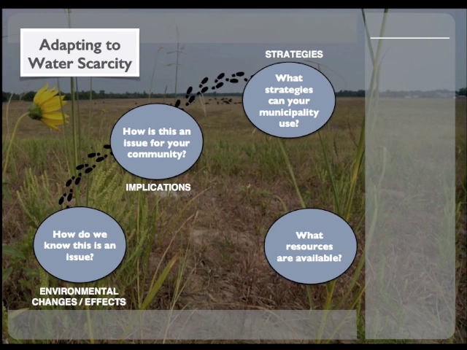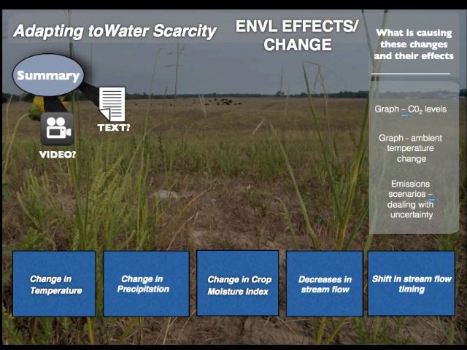The Environmental Changes Effects page provides a user with an overview of the climate variables and resulting environmental changes that will impact water quantity in the region. On the sidebar, context information is provided on the causes of climate change. A series of clickable climate variables are displayed along the bottom, which takes you to more detailed information on that